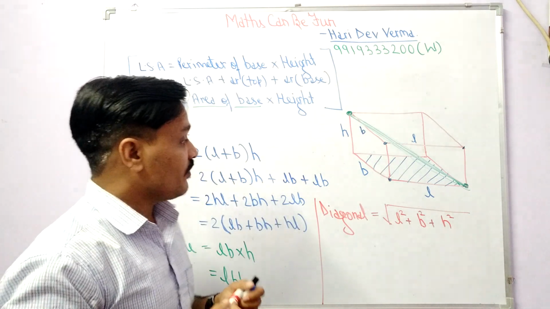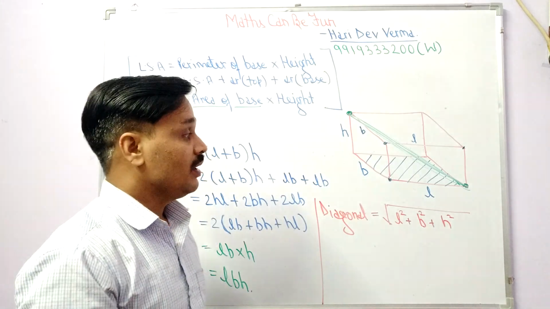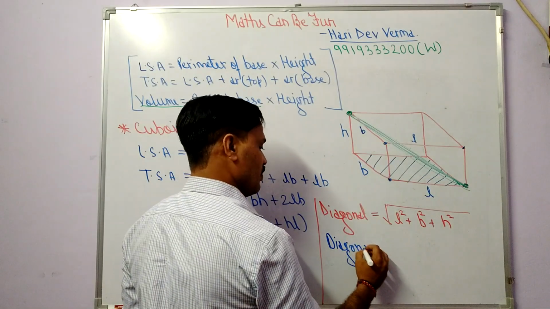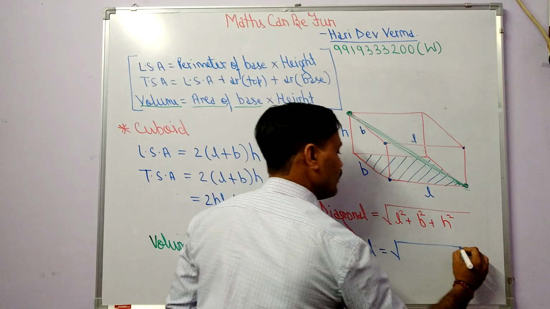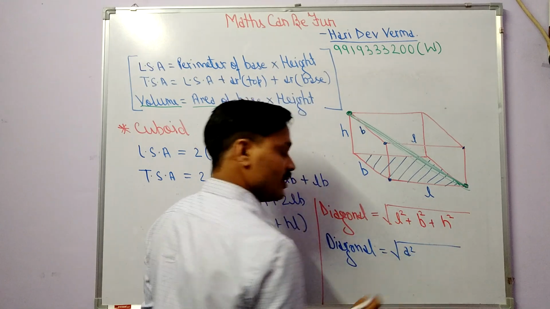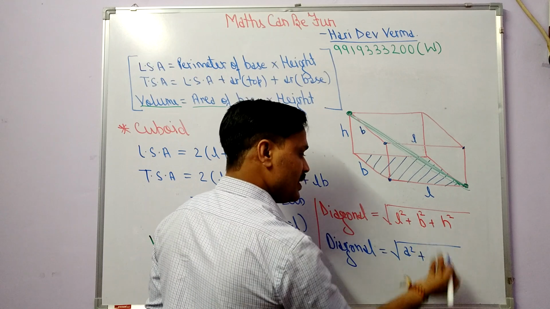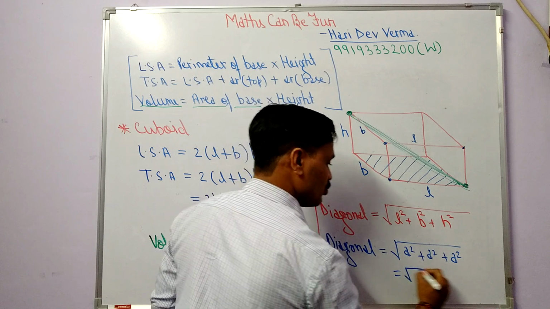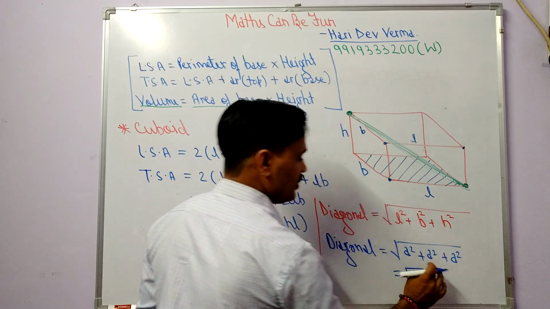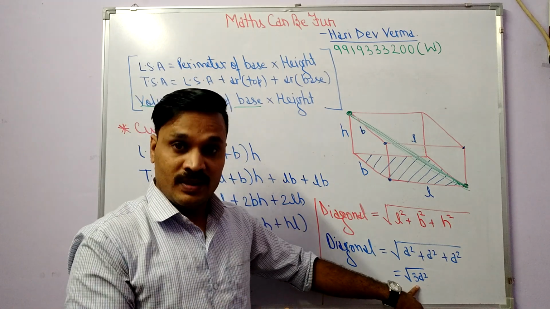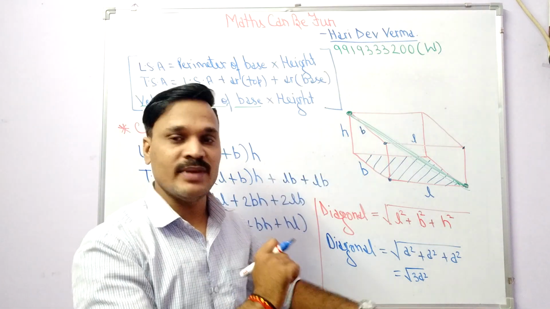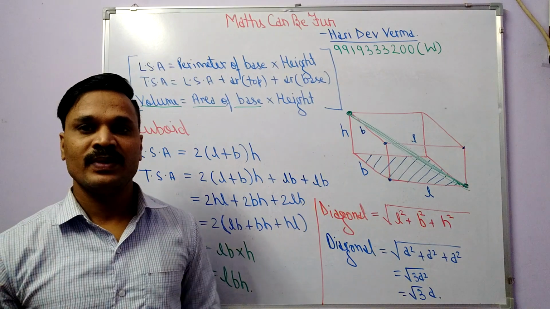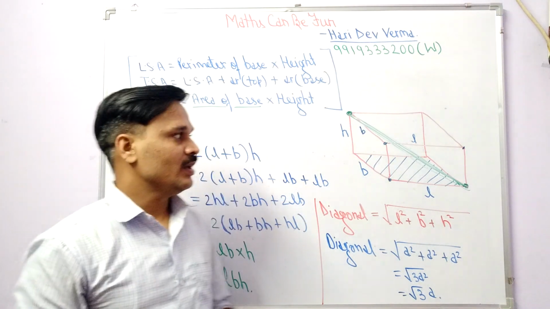Similarly, we can find the length of the diagonal of a cube also. Let's discuss the diagonal of a cube here too, because I forgot it in the cube section. So under root, in a cube, L is a, B is also a and H is also a. So it is root of 3a squared, which is root 3 times a, since root 3 would come in decimal. This is the length of the diagonal in a cube.